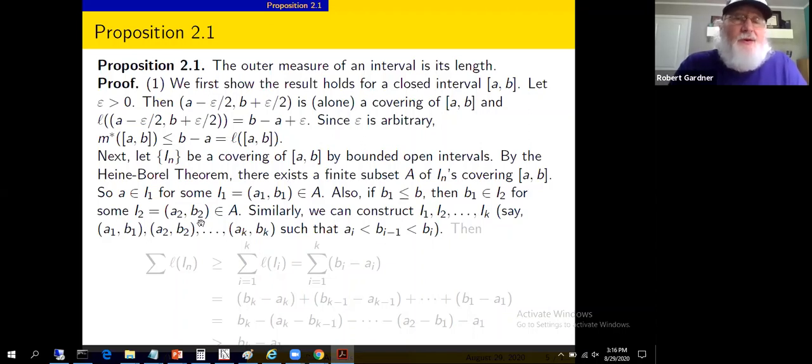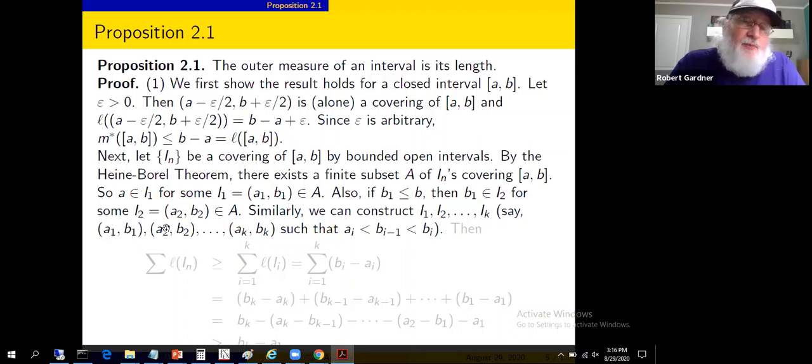Well, either this thing contains endpoint B or it doesn't. If it doesn't, then B sub 2 is an element of this closed and bounded interval and has to be in an I sub 3, and so forth. So what we're doing is plopping these intervals down. Eventually, we have to get to point B because it was a covering of the whole thing. And there's only a finite number of these. So we've got the intervals of this form where A sub i is less than B sub i minus 1 is less than B sub i. And what that means is